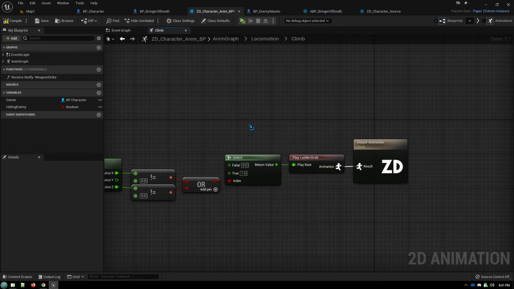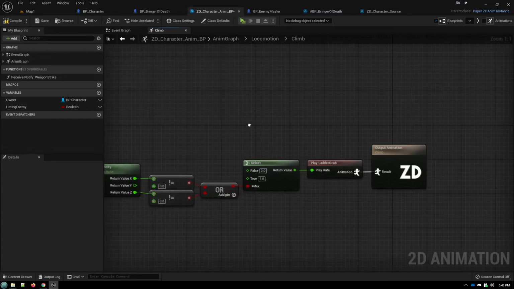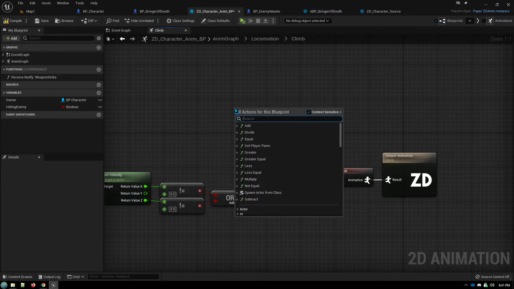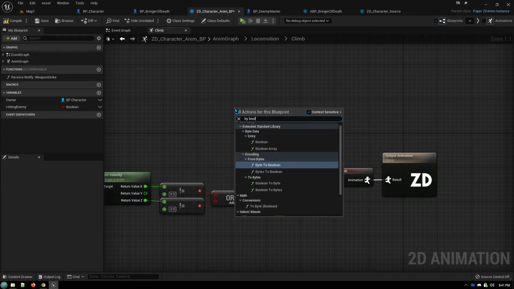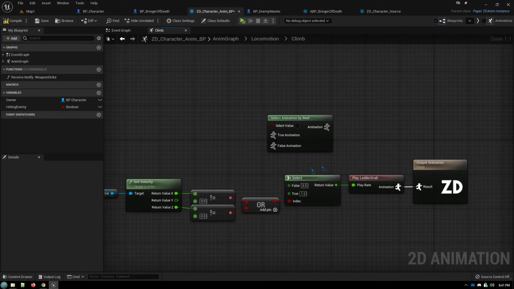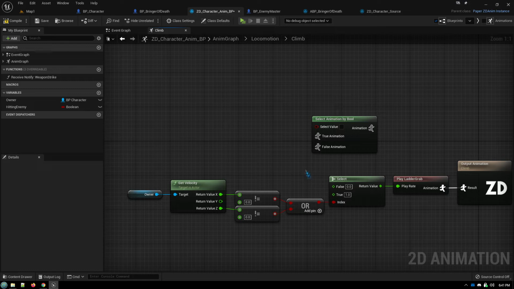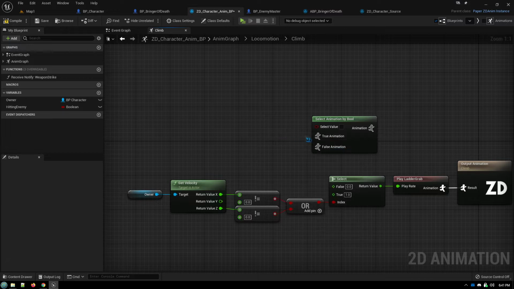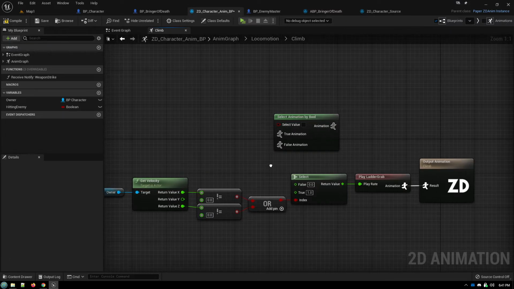Now, in a previous video, which this video is replacing, I had recommended doing this by Boolean. Where is it here? Select animation by Boolean, and doing it this way, and putting in the animation with a play rate of 1 in the true and an animation of play rate as 0 in the false. And what a commenter pointed out in that video